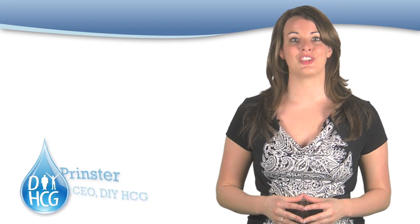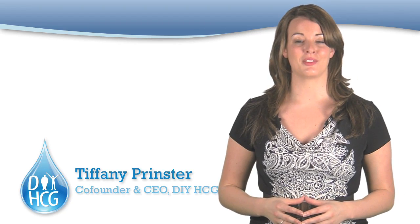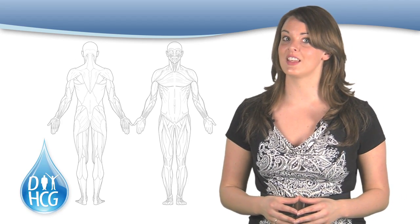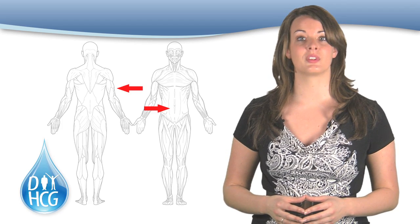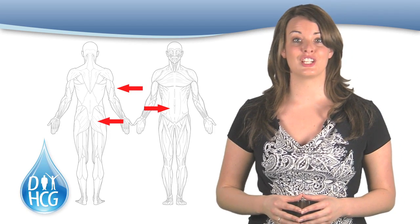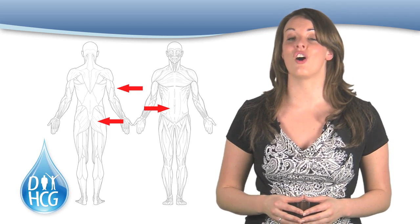So, how does HCG work for weight loss in your body? According to Dr. Simeons, when taking HCG and following a strict, very low-calorie diet, the HCG allows your body to tap into your usually inaccessible abnormal fat reserves. These abnormal fat reserves include your belly, upper arms, and butt. Unlike most weight loss programs, the HCG diet protocol helps to address those areas that are usually the hardest to